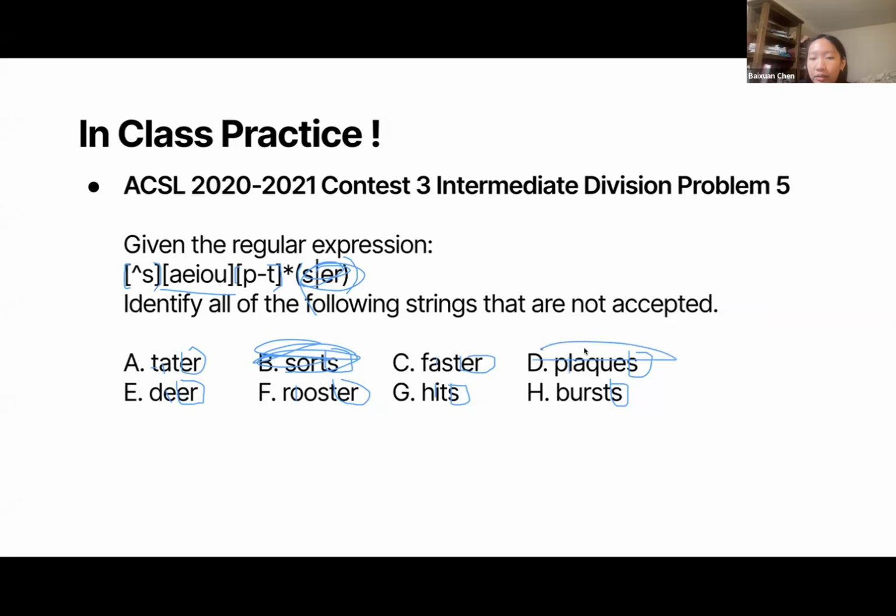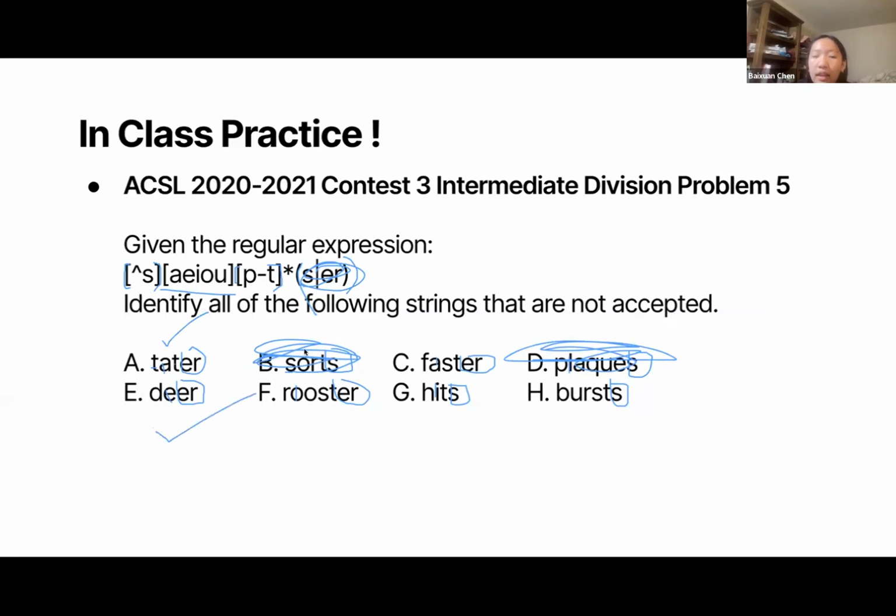It's not a vowel, so D will also be disqualified. And then we have U, which works. And then now we have 0 or more of P through T. So we just have to make sure all the letters left in the expression are in P through T. So T works. And this one, deer, has no letters left, which also works because it's 0 or more